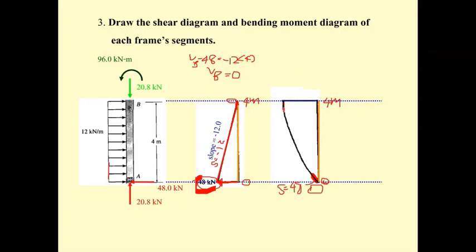So over here is going to have slope of 0. And what is the value of the moment here? If you can predict, this is going to be